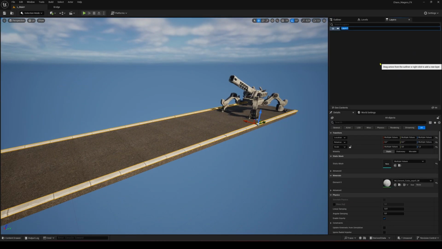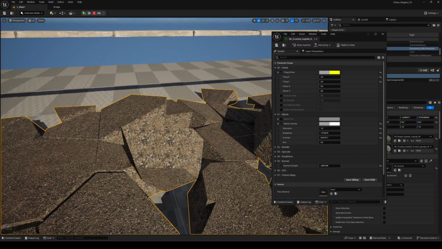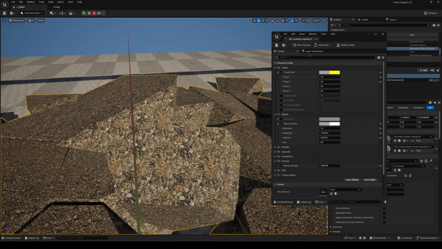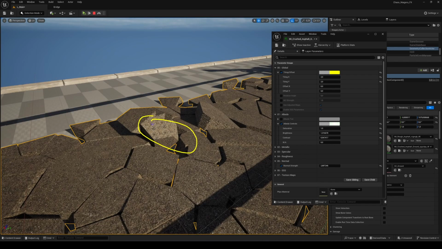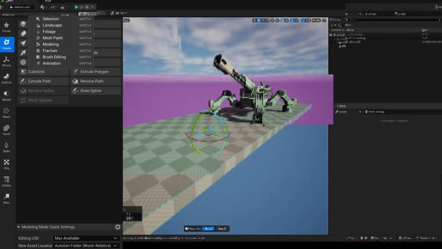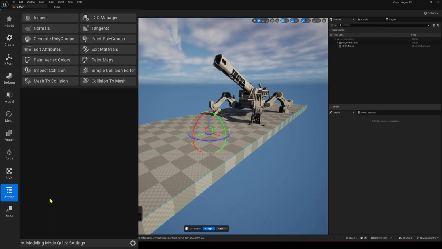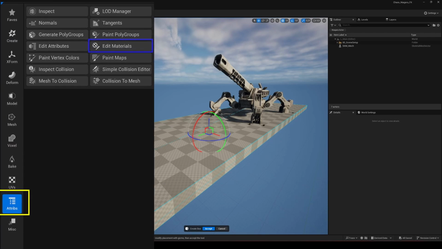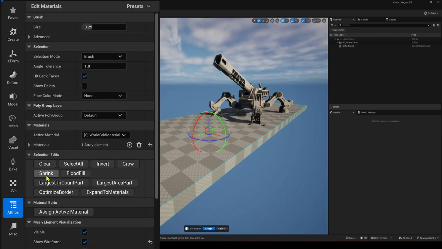Since version 5.2, I believe, the automatic assignment of the inner material for the geometry collection used in Fracture is no longer functional. We now have to manually set it up, otherwise we won't be able to modify it later. For this, the best solution is to directly create a new material slot through our good old Modeling Mod. Once that's done, don't forget to specify this new slot during any new fracture generation to avoid any surprises.